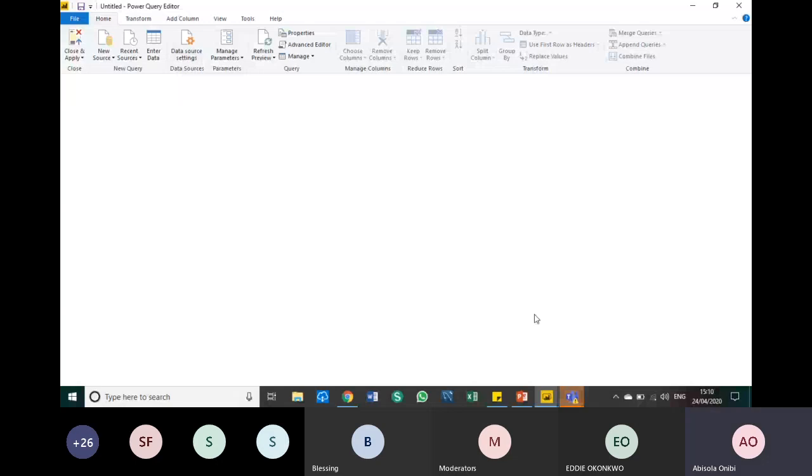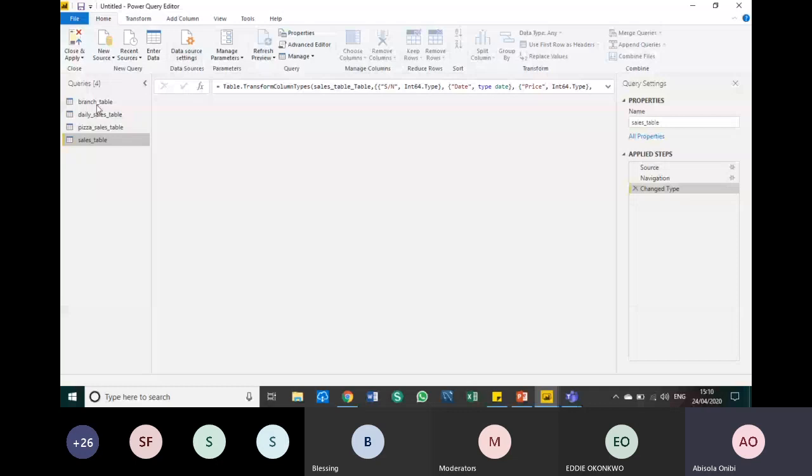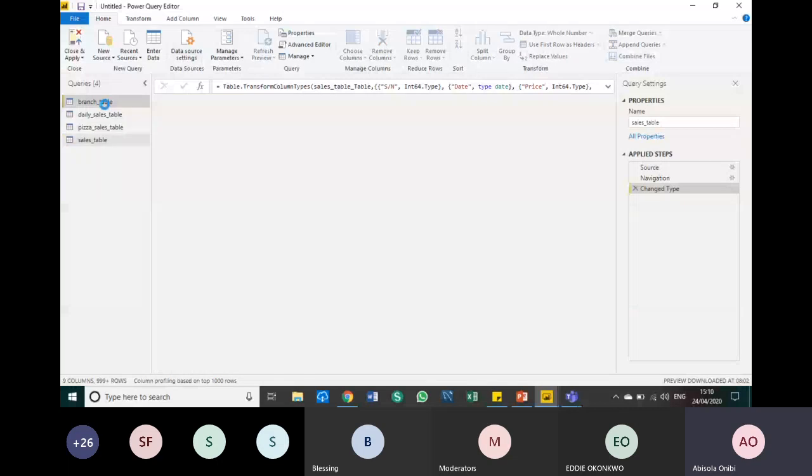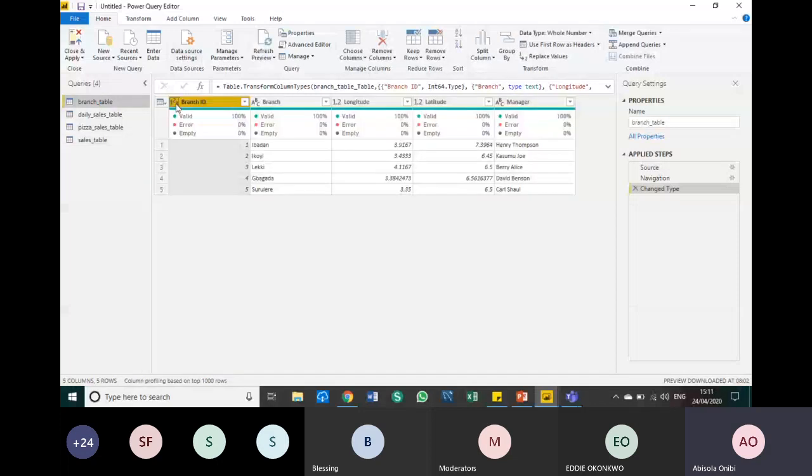Okay, so I have my data set loaded in, and quickly I just want to check that my data set is in the right condition. So here, my branch table, I can see that this is a whole number, which is the way I want it. This is a text, which is perfect to launch the columns when we get to the modeling tab. For now, we can do them as decimals. Manager is a text, so perfect that way. Then for the sales table,